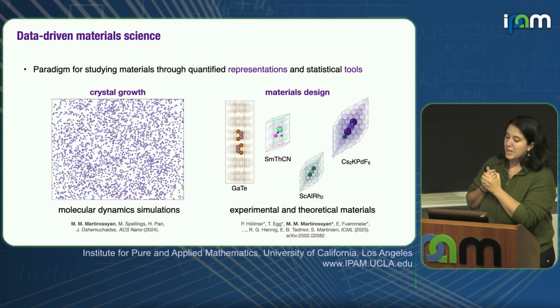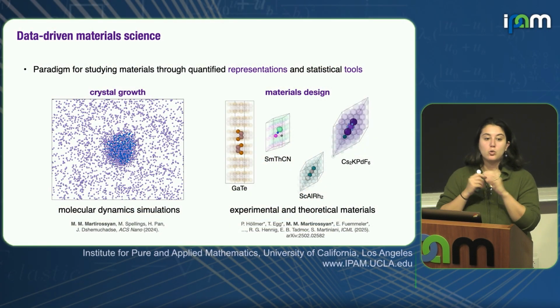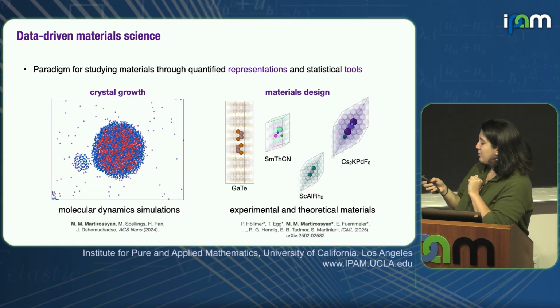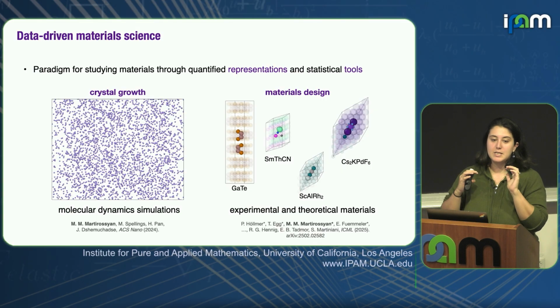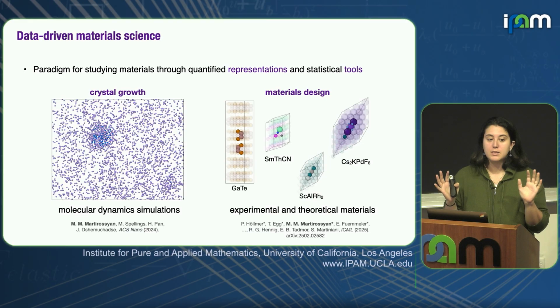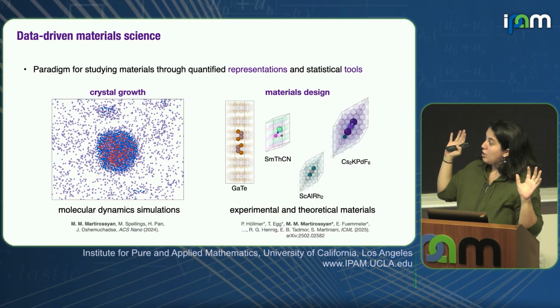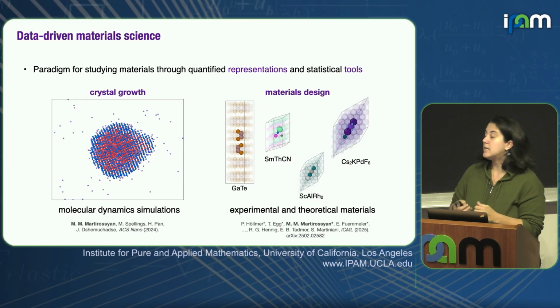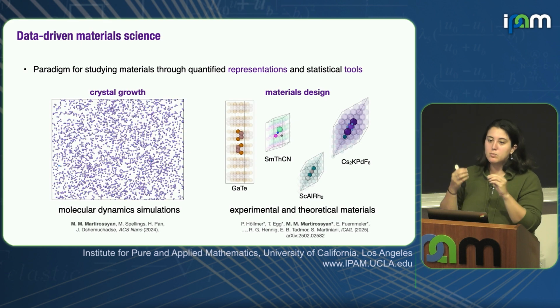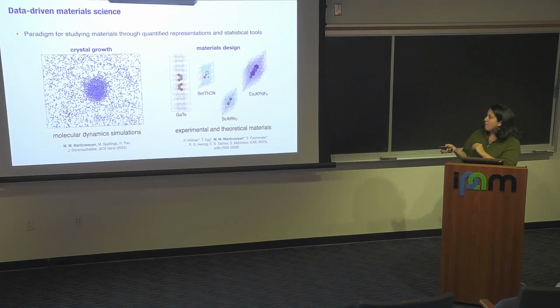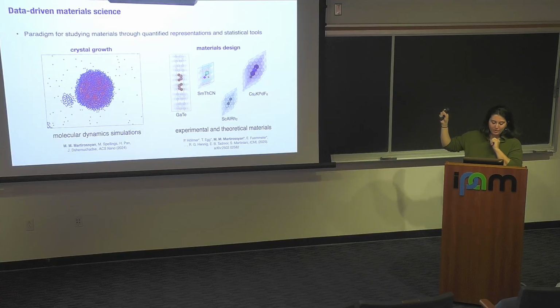For example, your data could look like, on the left, a molecular dynamics simulation, and here the coloring is telling you a little bit about the different kinds of local bond orientational order. This was just using a very simple unsupervised learning method to color the particles. Just by thinking about what the data tells us, we can break the system into a very low density fluid, a high density liquid, but still disordered structure, and then you can see the emergence of a crystal forming. That's the story on the left side.